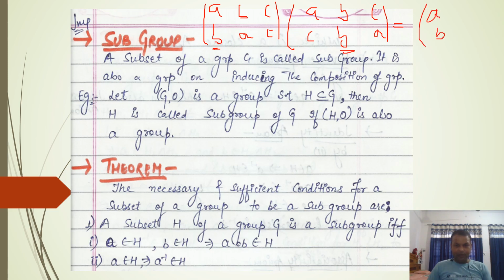Again we will check for B. Here B is related with A and A is related with C, so the result should be B is related with C. Again for C, C is related with C and here C is related with A, so the result will be C is related with A. I have told you this pattern to find the product of two permutations, and this is given in two very standard textbooks.